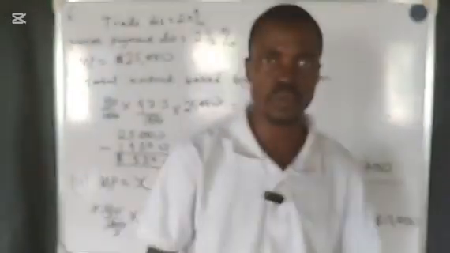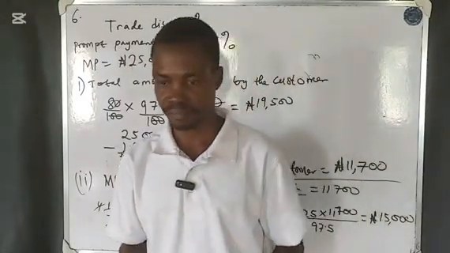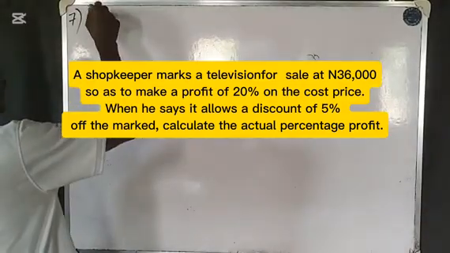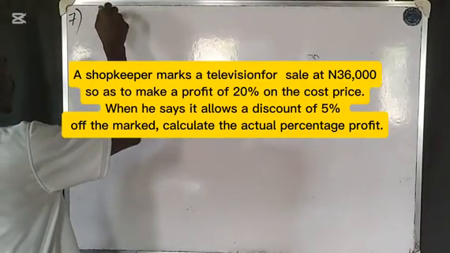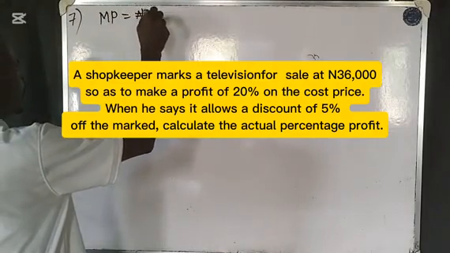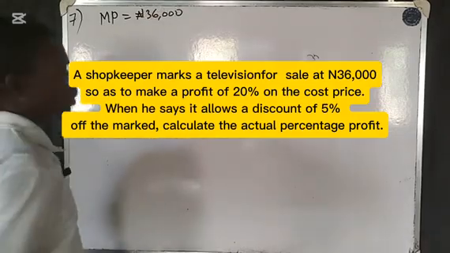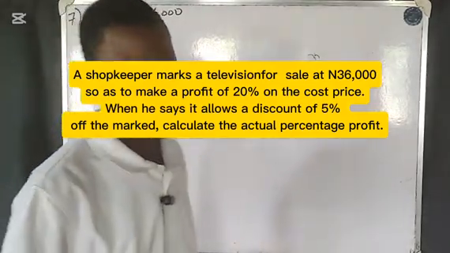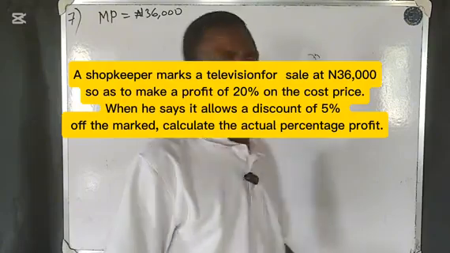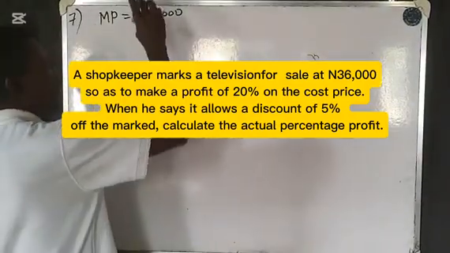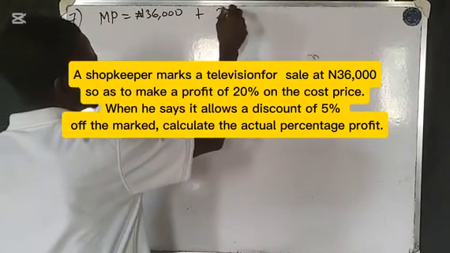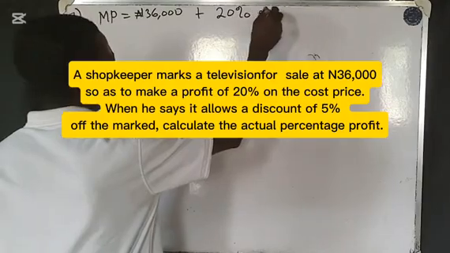Can we now move to the next one, number 7, right? The mark price is given here again. Mark price is 36,000. The marked price put on the item on the shelf so as to make a profit of 20%. If he's able to sell it at this amount, he's going to make a profit of 20% on the cost